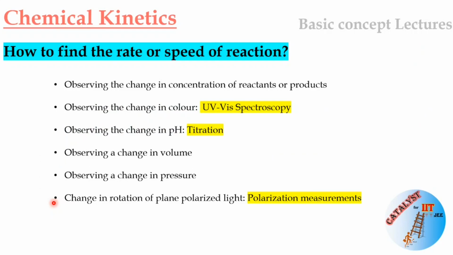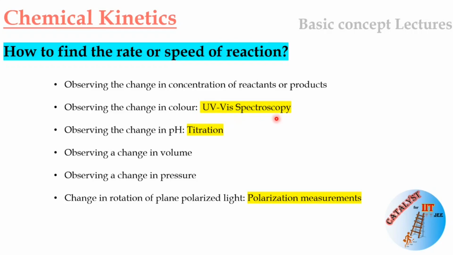So how do we find the rate or speed of a reaction? We can find the rate or speed of a reaction in several ways. We can observe the change in the concentration of the reactants or products. We can also observe the change in color. If a reactant is colorful but the product is not, then you can see the color disappear with time. That means the reaction is progressing. So you can monitor